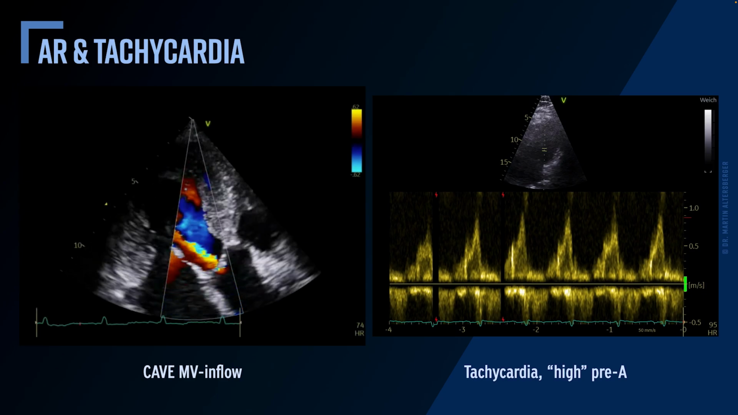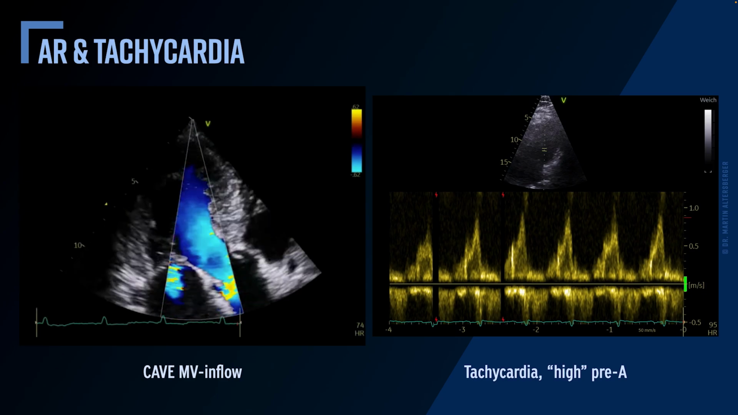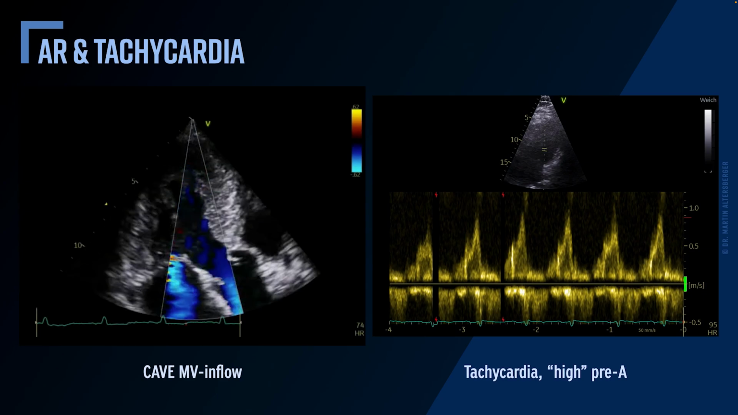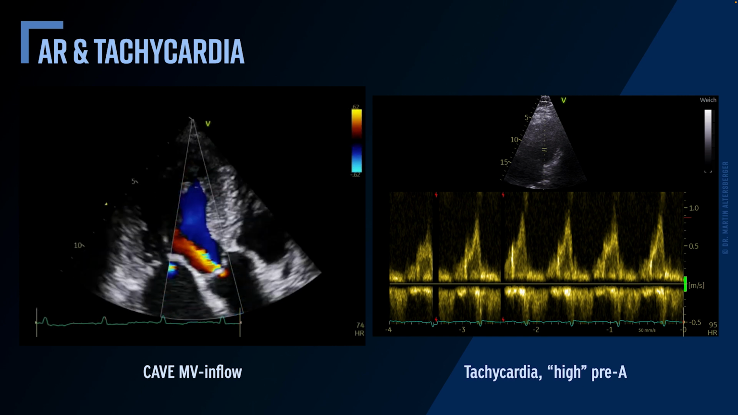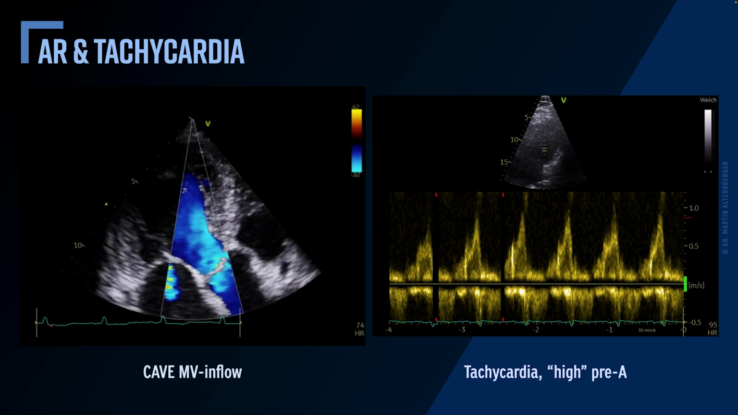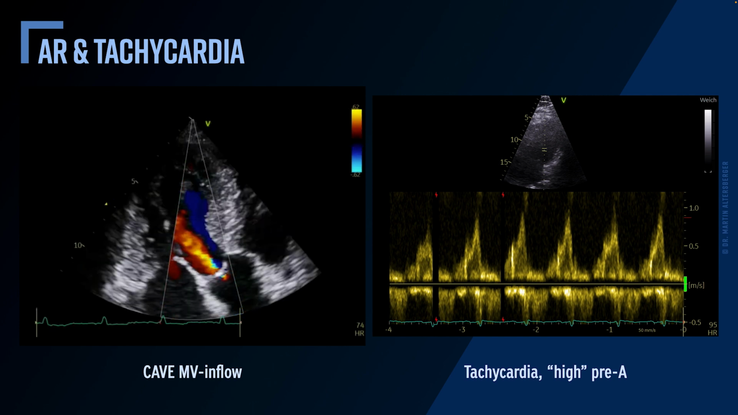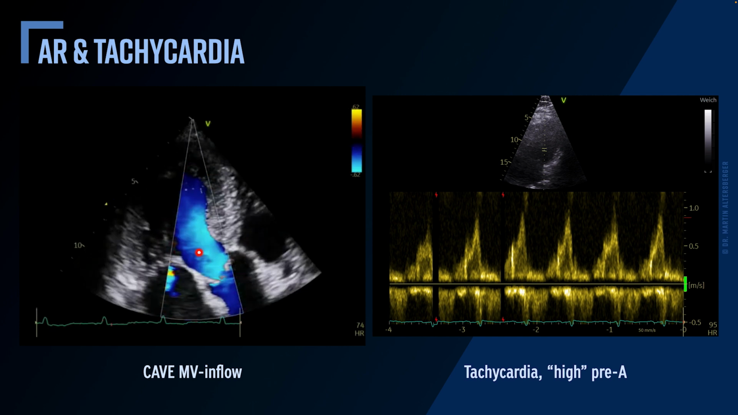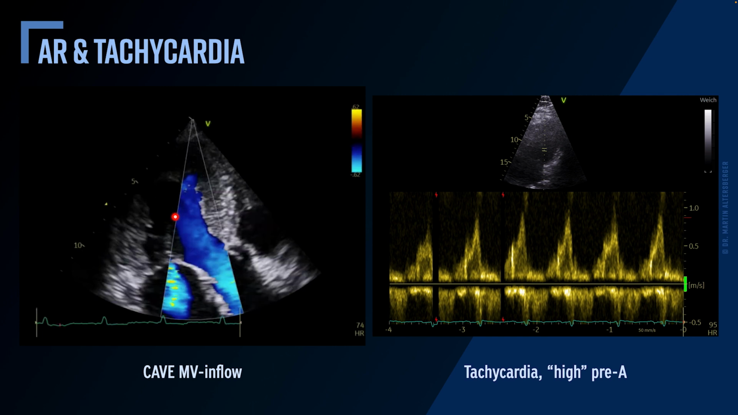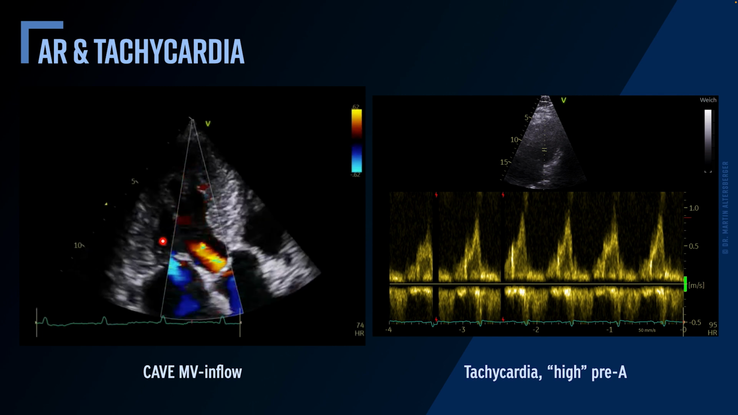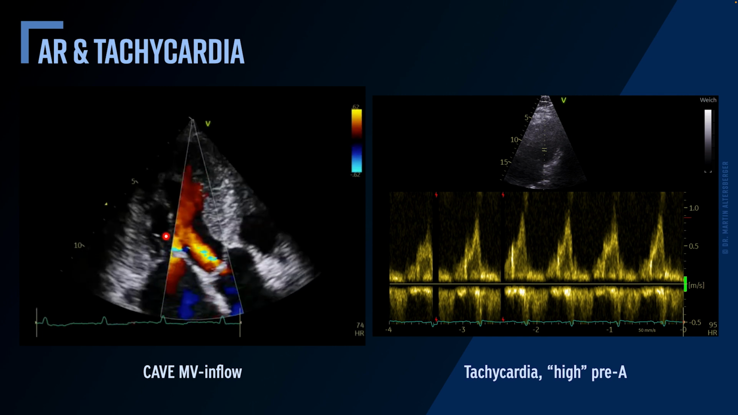He has two distinct problems with the measuring of E to A and the wave interpretation. We have this inflow of the mitral valve, and you also see aortic regurgitation. In this case, this is a patient with amyloid heart disease. You have here the AR, and the AR directly points towards where you would measure the mitral valve inflow, so